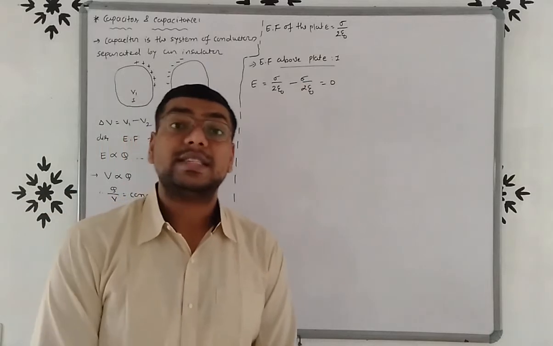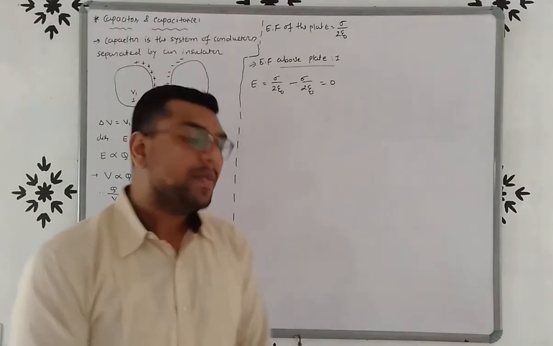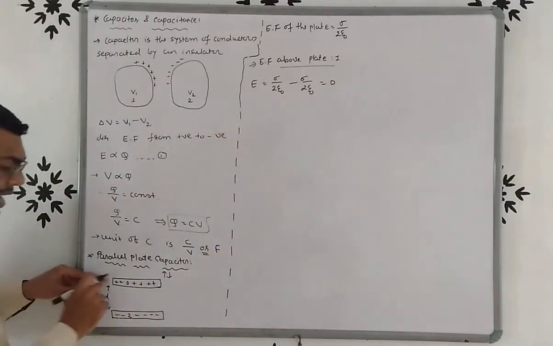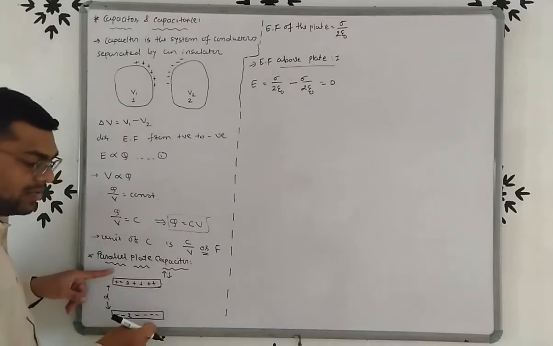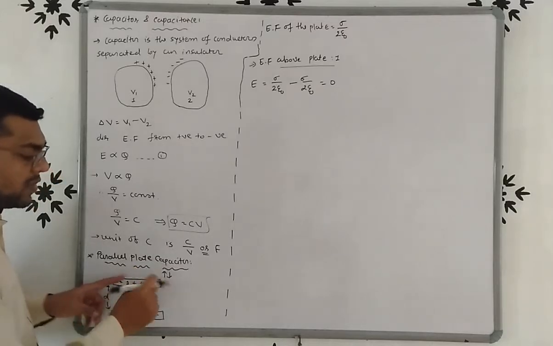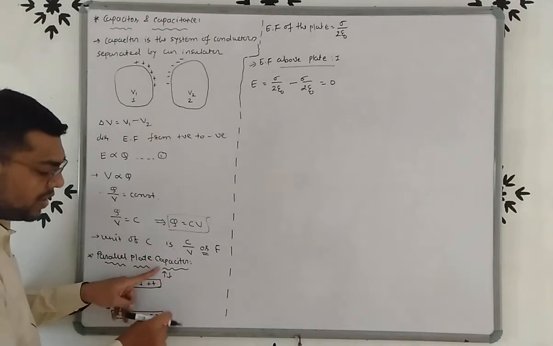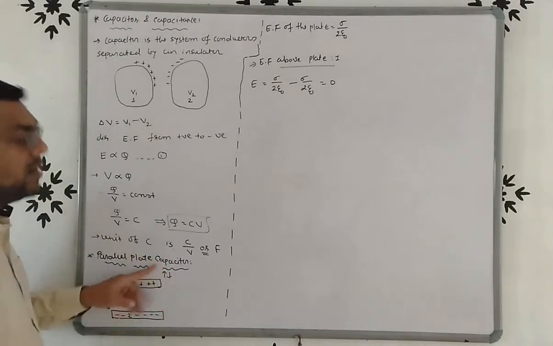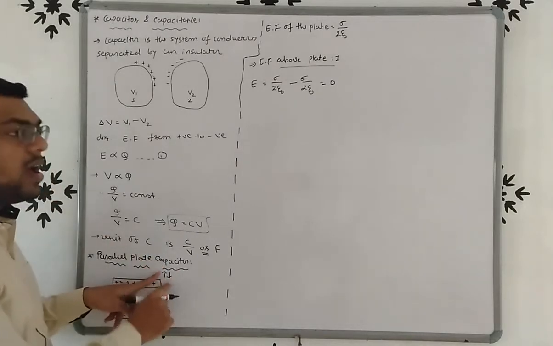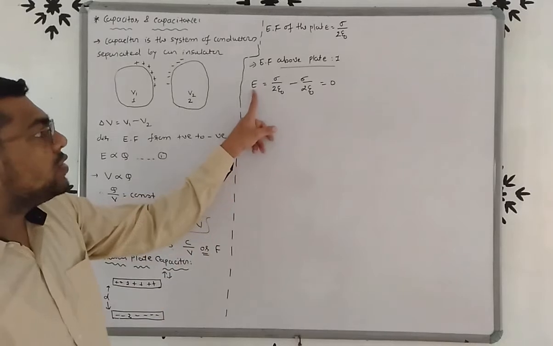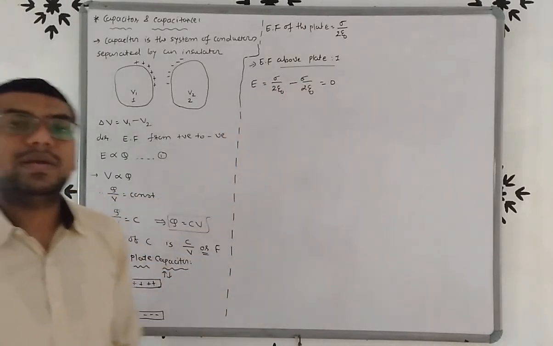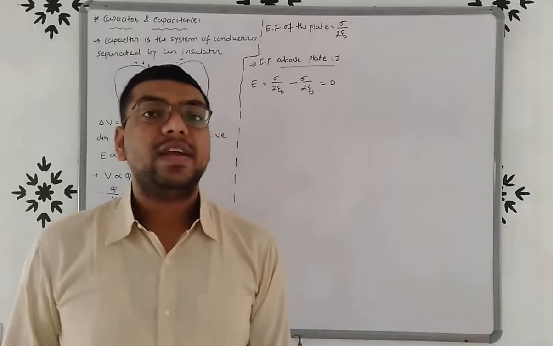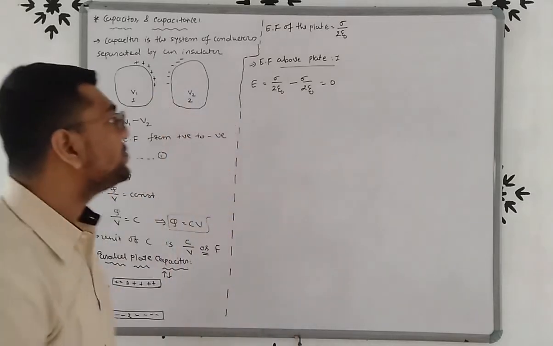We already discussed this concept in chapter number 1, right? So here, electric field above the plate 1, electric field due to positive and negative charge, but due to this positive charge direction outward, but for negative charge direction inward. So here the directions are opposite. So total electric field sigma upon 2 epsilon 0 minus sigma upon 2 epsilon 0. So electric field above the plate 1, 0.